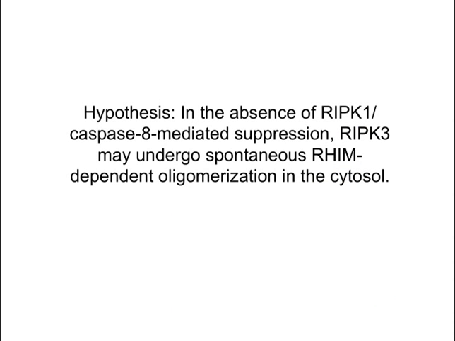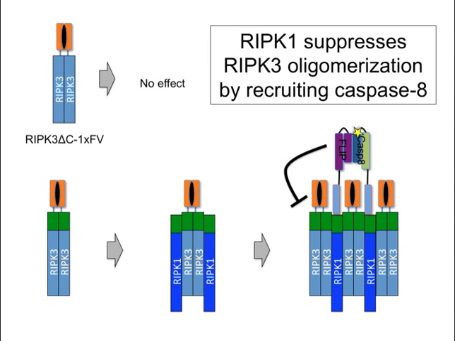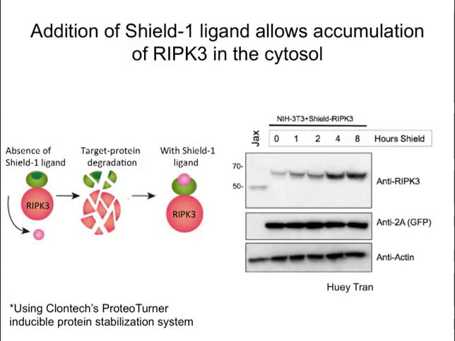So given this idea, we hypothesized that in the absence of RIP1 or caspase-8 mediated suppression, RIP3 might undergo spontaneous RHIM-dependent oligomerization in the cytosol. So that is to say, just to step back, if we take away RIP1 and we just look at what happens to RIP3, independent even of RIP3 dimerization, we hypothesize that maybe RIP3 would basically spontaneously oligomerize and form these active complexes. And so to test this idea, we turn to a different experimental strategy, which is this